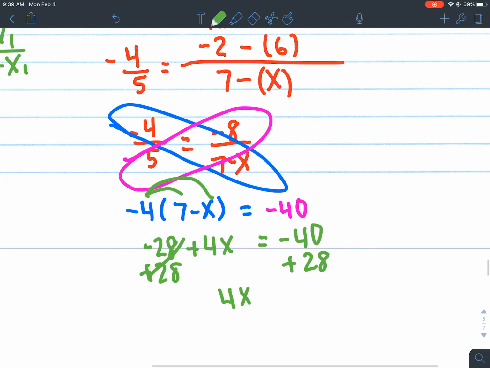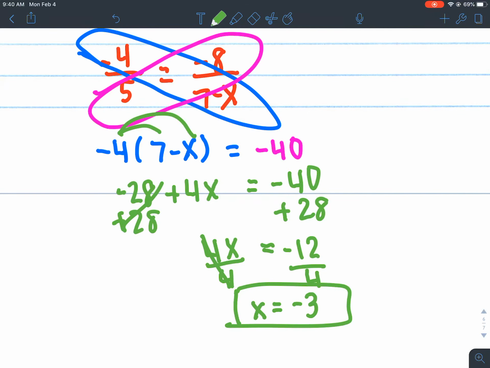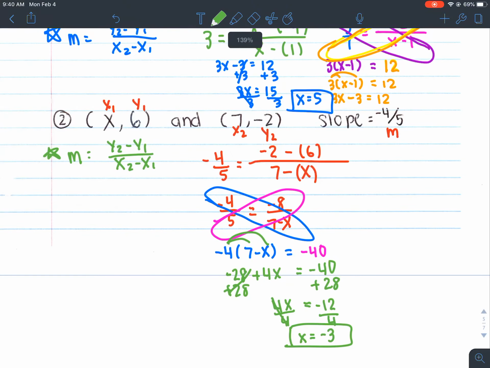So then I have 4x equals, what is that supposed to be? I think negative 12, I believe. Yes, it is. All right, and then we can divide both sides by 4. And we have x equals negative 3. All right, so go ahead and box that. So here our x value was negative 3. Now again, you're not always going to be solving for